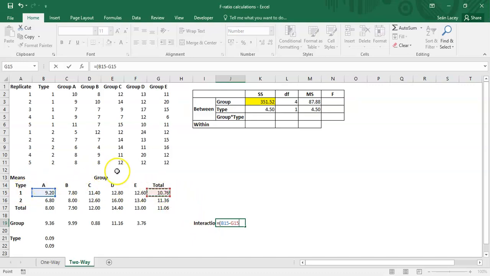So we're minusing the overall mean for type 1, minus the overall mean for group A, and then we add the overall mean after that. That's the approach to this. Okay, so we're focusing on the mean, so the average for the experiment where the setting was group A